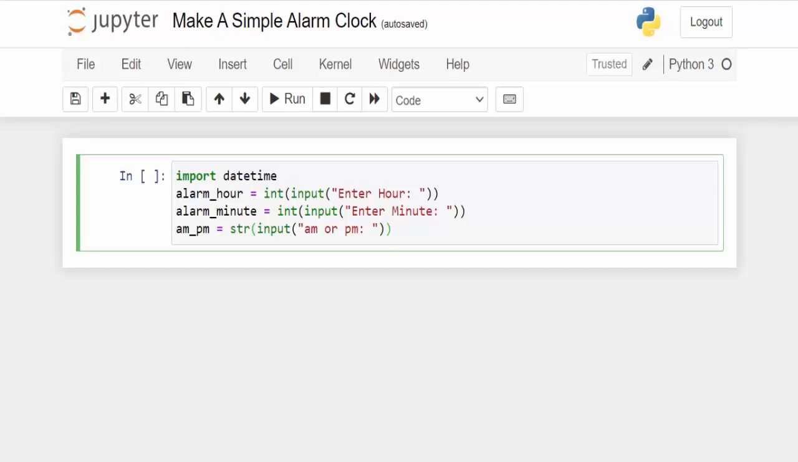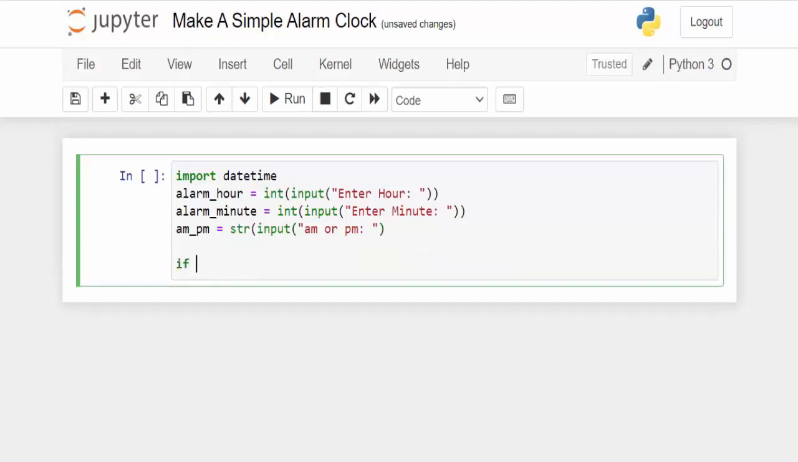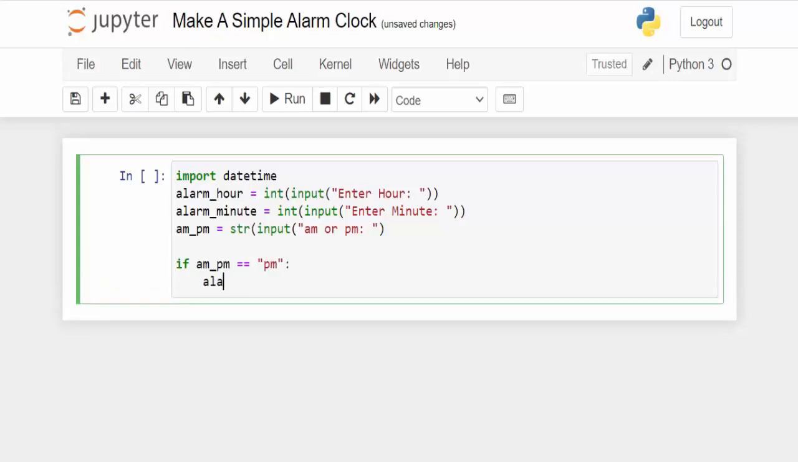But there's one problem. The datetime module gives us the time in military time format. For example, 2 o'clock in military time is 14 o'clock and 3 o'clock is 15 o'clock. So we need to convert them in AM or PM format. To fix this problem, I will write an if-else statement. If AM PM equals to PM, then alarm hour equals to alarm hour plus 12,